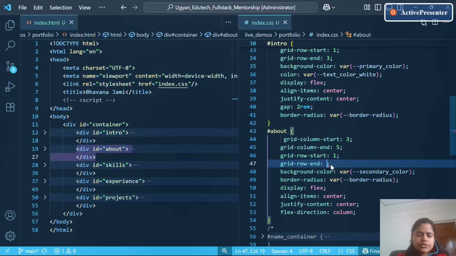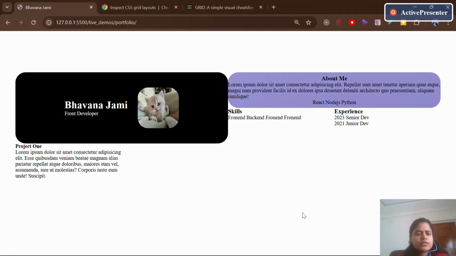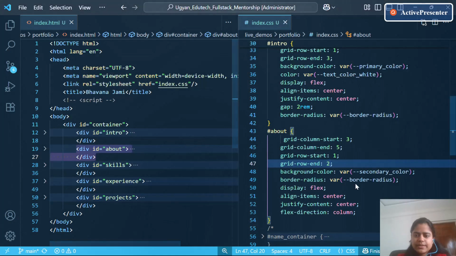This one will move from 1 to 2. Okay, still not looking as expected. How do we do it? Maybe